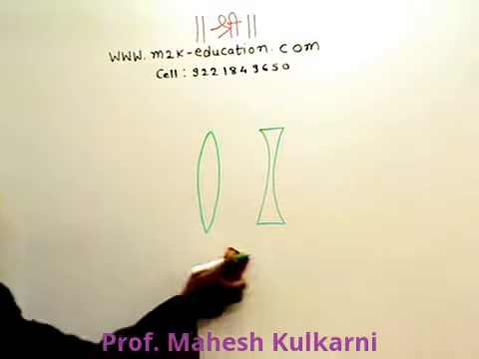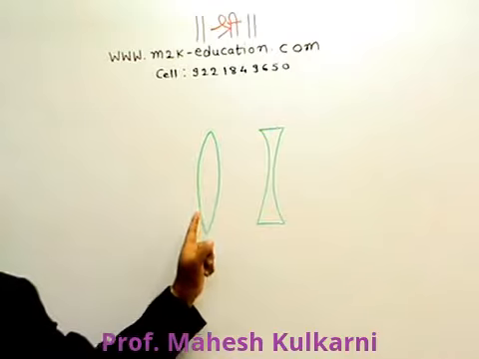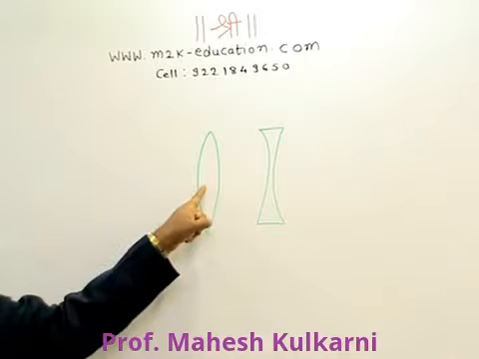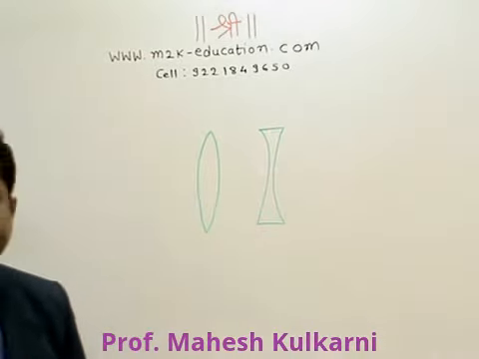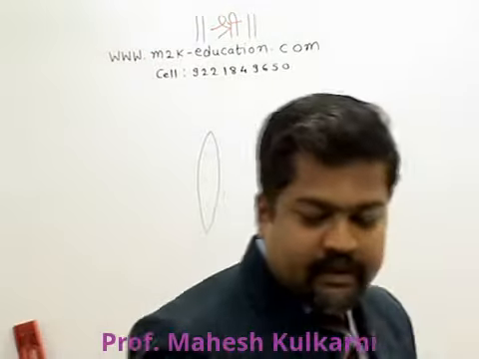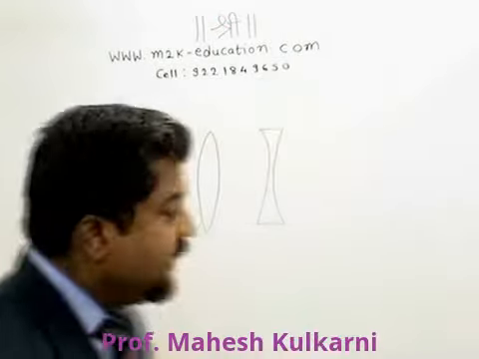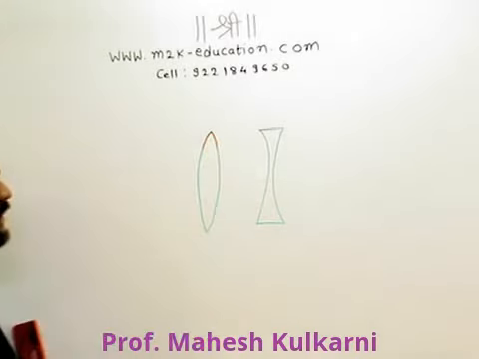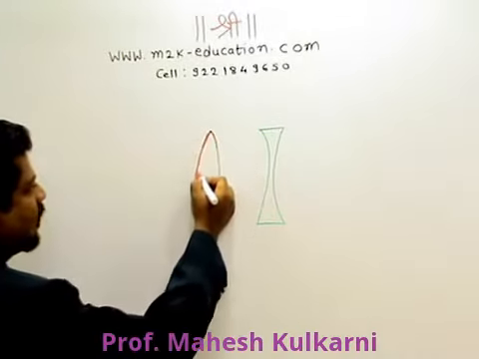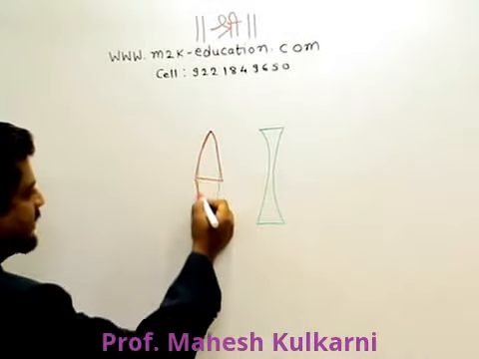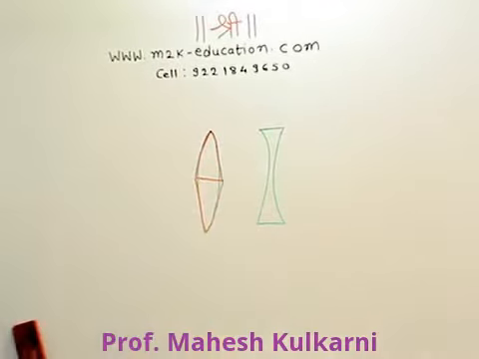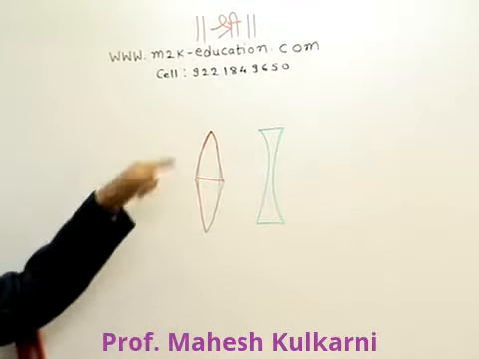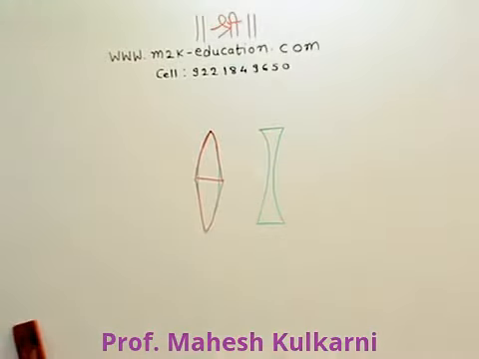Now we are focusing mainly on these two lenses. This is called convex, this is called concave. Or more precisely, this is a double convex lens, this is a double concave lens. Now, just try to correlate this shape. If you observe from the side, this appears something like a triangle. So, broadly speaking, it consists of two prisms. Actually not, but from the side it appears like two prisms are here.